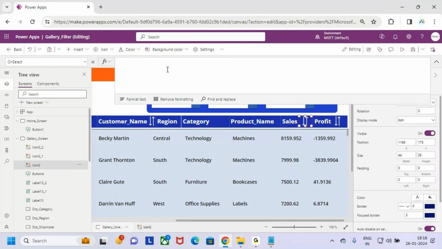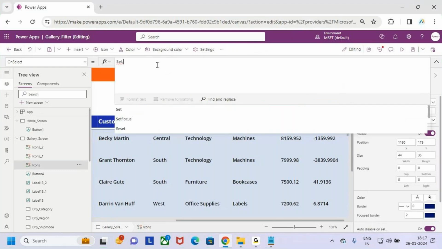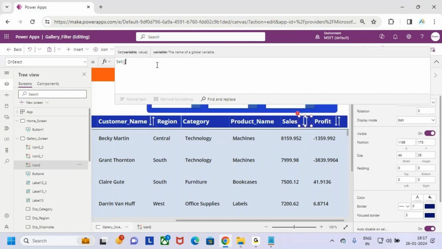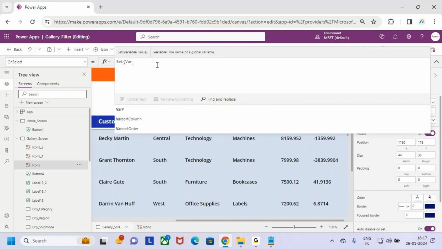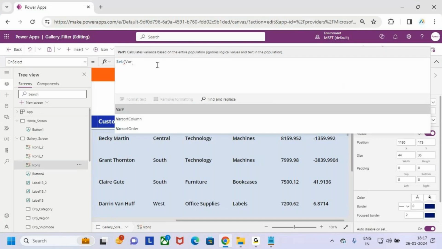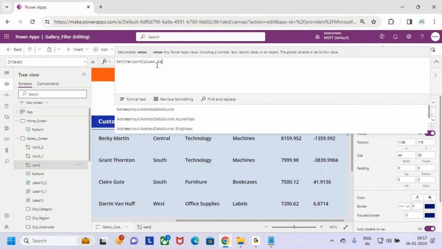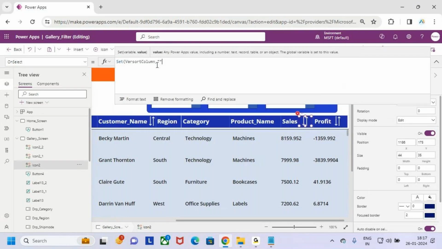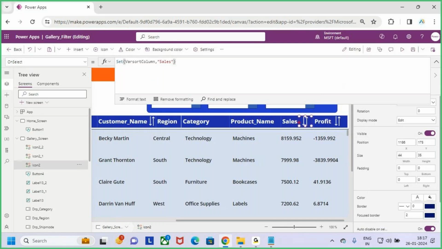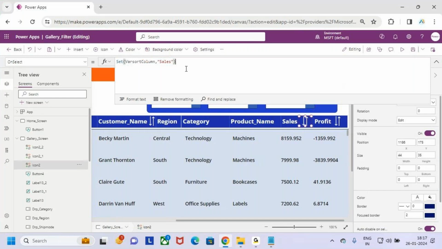Now what's my requirement here is, I am going to declare one more variable here, the same variables case. Whatever the variables I declared on start of the screen, the same variables I'm going to declare here. Where short column. Now what is the value I'm going to assign to this variable? Sales. So whenever I go and click on this icon, what needs to happen? It needs to declare one variable. In that variable, what value am I storing here? Sales value. And also in the same way,